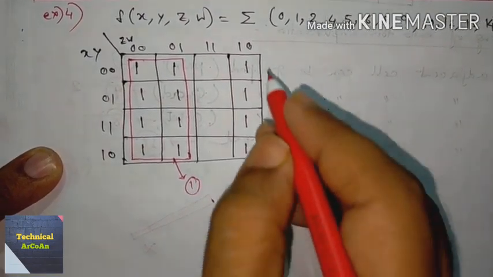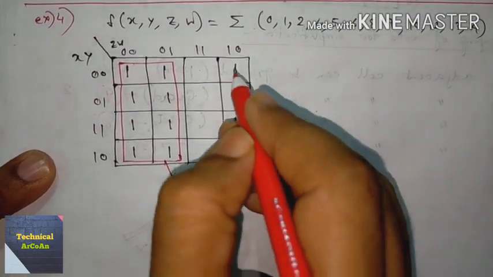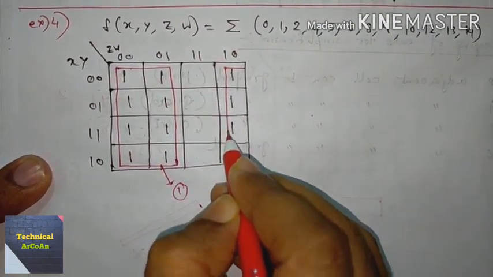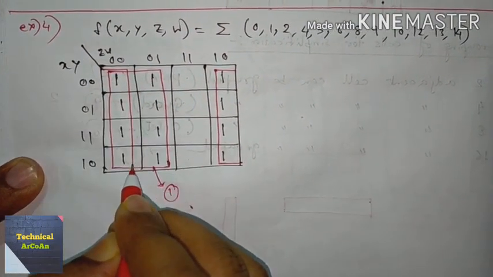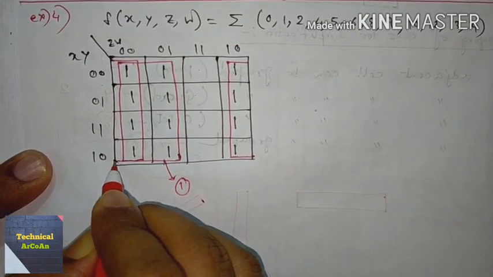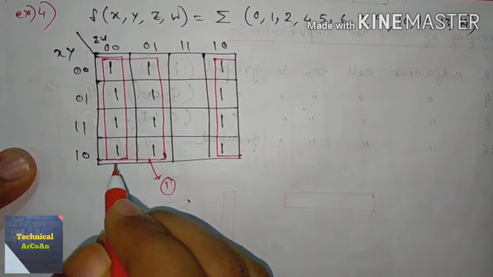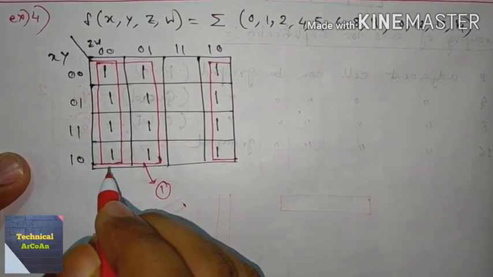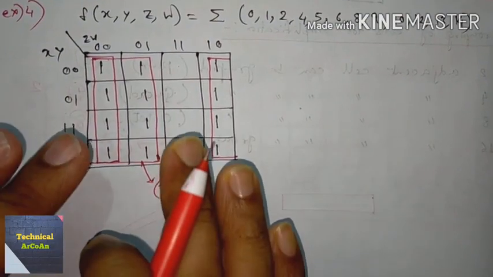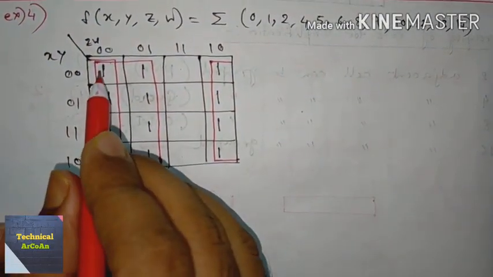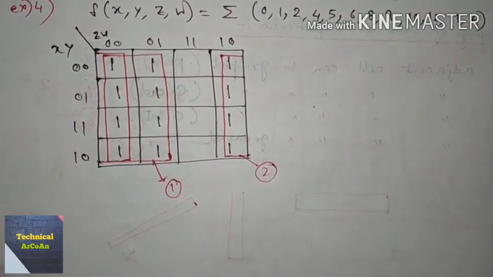Okay. Now these 4 ones are remaining. So what happened? Just like in the previous example, we can form a group with these 4 ones by reusing ones already used, because we already said that if some ones are still remaining, we can form a group with an already used group. That's why these 4 can be used in that way, meaning this Karnaugh map can be folded. After folding, this column and this column will be adjacent, so this will be your second group.